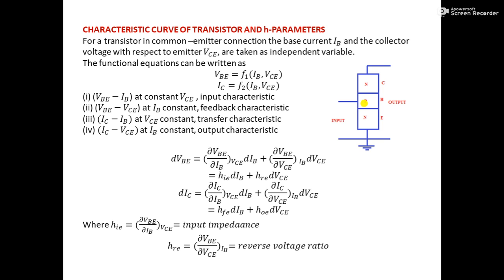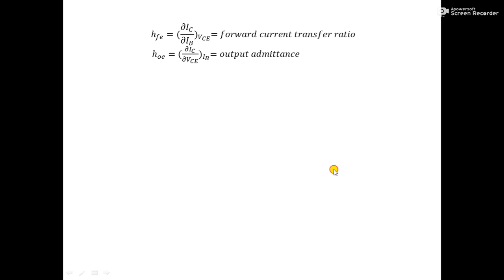So we can say that the base current at a particular value of base emitter voltage will decrease with the increase in VCE. As we increase VCE, the base width decreases. As the base width decreases, the chances of recombination decrease in the base region, which decreases the base current. So for a particular value of VBE, as we increase the value of VCE, IB decreases. That's what we have seen in the input characteristics.